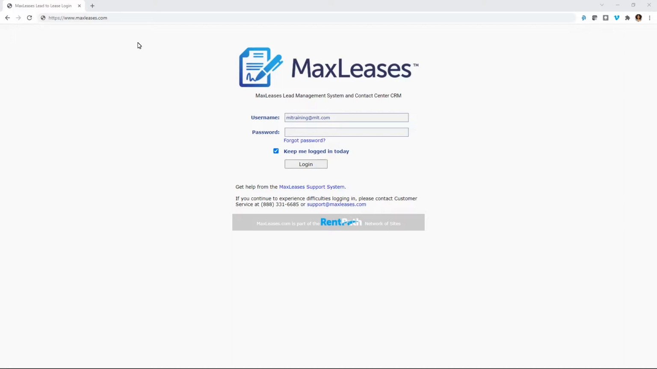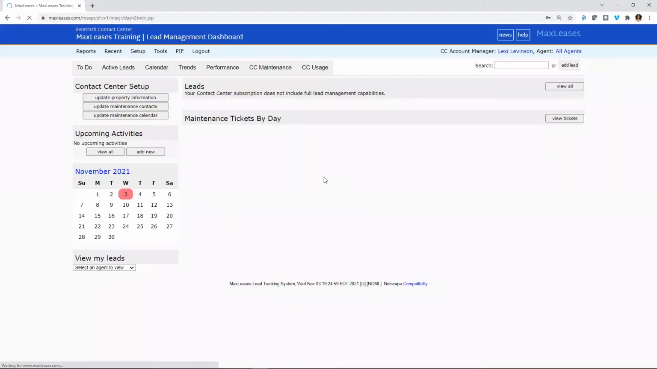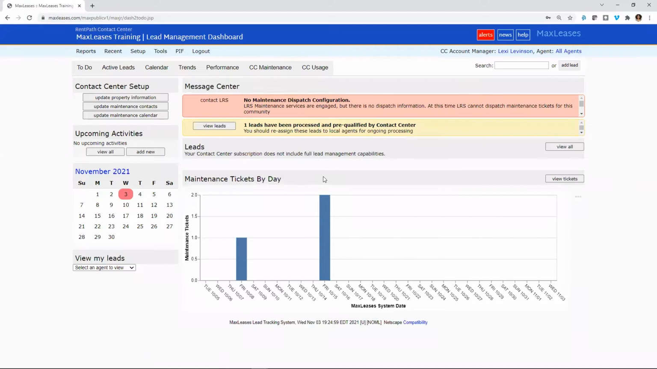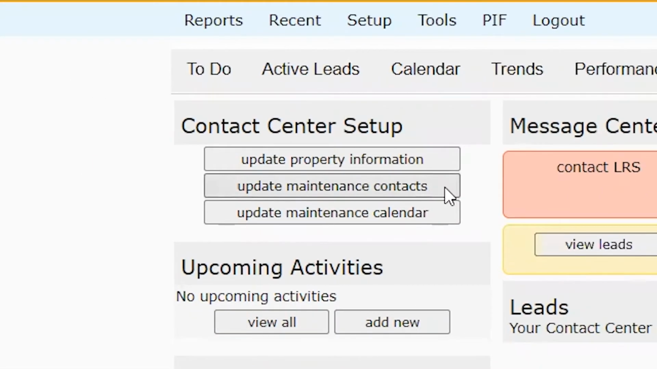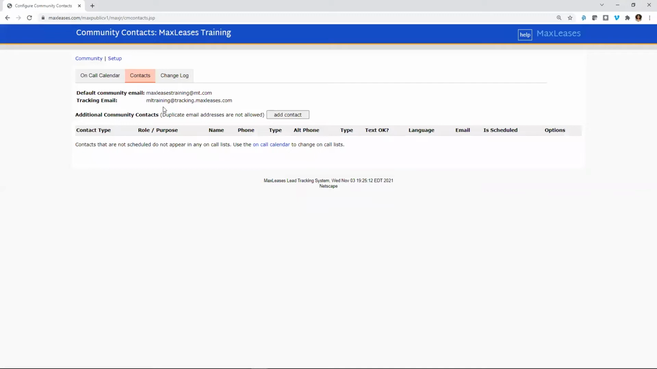To begin, go to maxleases.com and enter your login information. Once you log into MaxLeases, you will be brought to your community dashboard. On the left-hand side of your screen, click on Update Maintenance Contacts, and you will now be in the maintenance